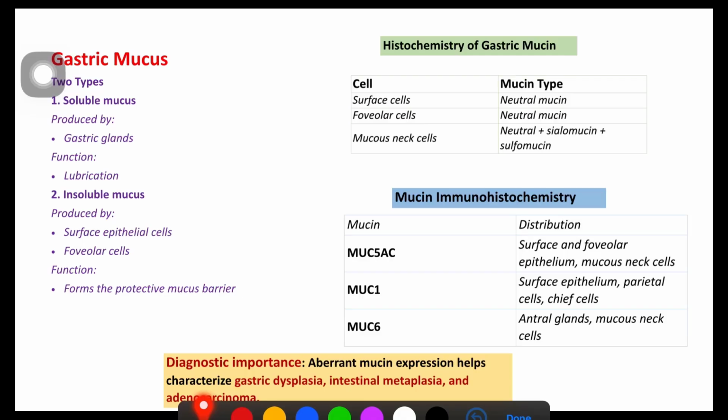So what is the diagnostic importance? This aberrant, or different, mucin expression helps to categorize gastric dysplasia, metaplasia and